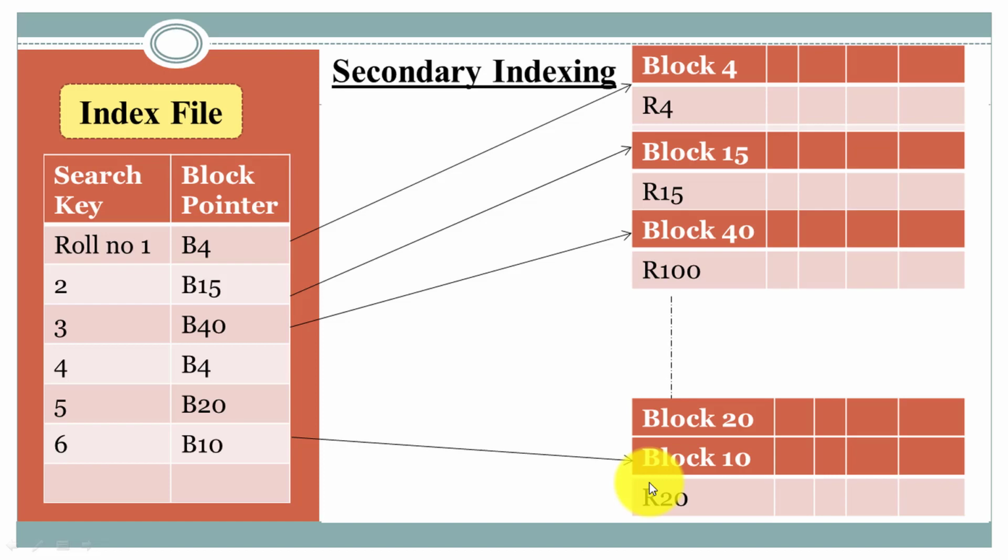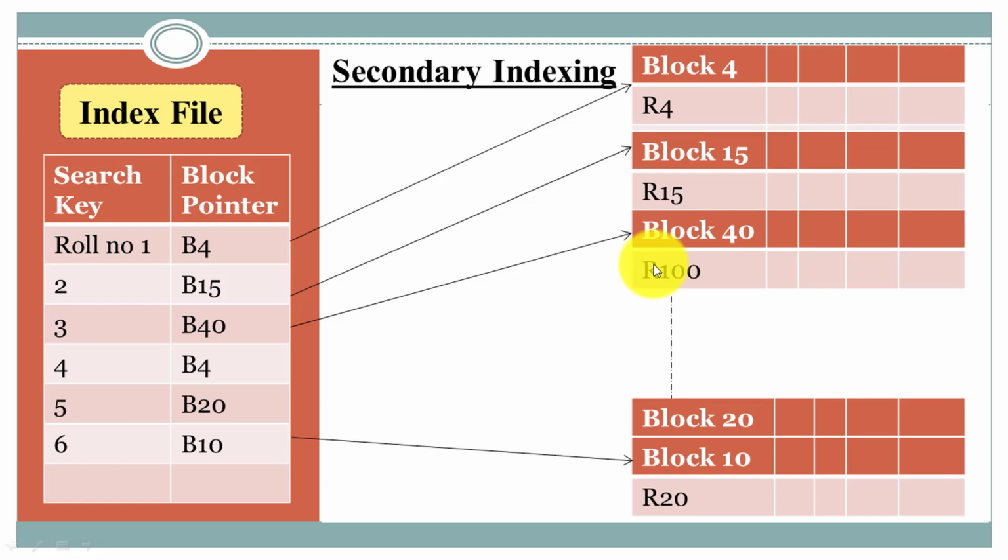As we know in primary indexing, because the main file is sorted, in the index file only some records are entered with a base pointer and one can easily access a particular record. But in this case the main file is an unsorted file. So the question arises, can I apply sparse index over here? The answer is no, because in the index file I cannot enter only some records, because the main file is not maintained in order, that is, it is an unsorted file.